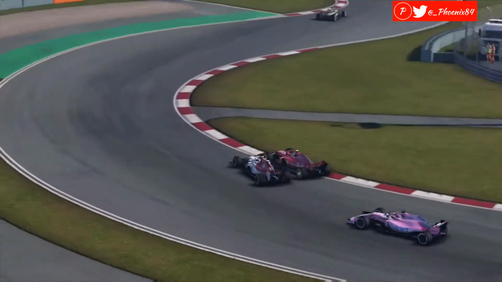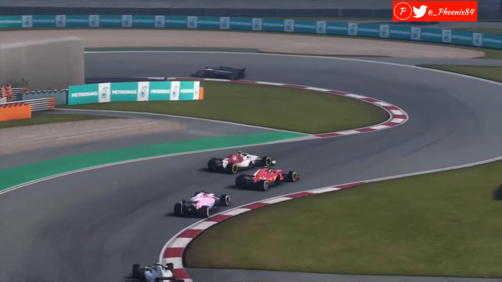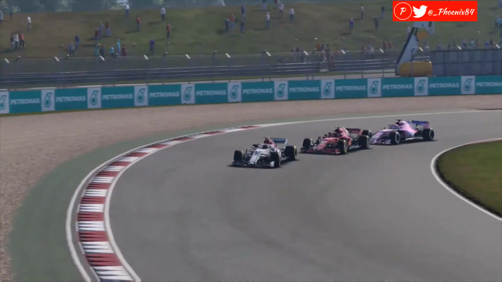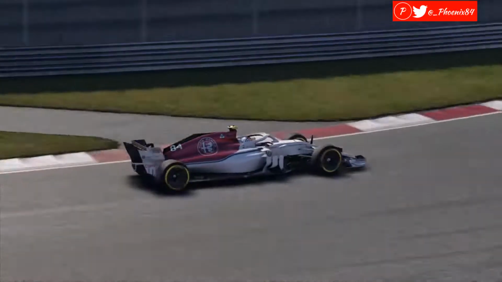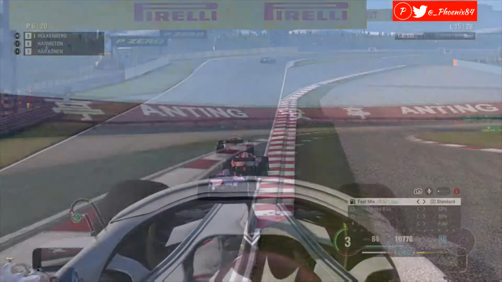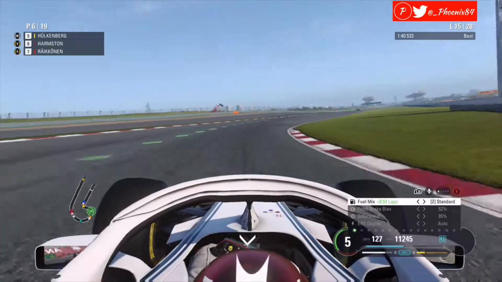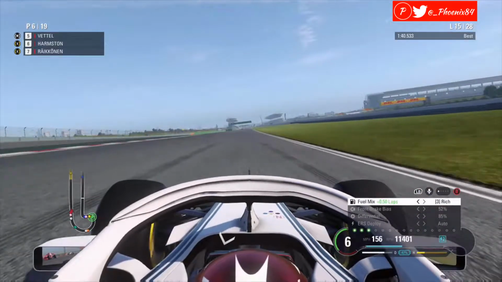And of course, the battle between ourselves and Raikkonen continues. This time, though, Raikkonen and ourselves bang wheels quite severely. A little bit of damage there on Raikkonen's car potentially. The paint on the Sauber is a little bit less white by this moment. This time we moved up into P6. We got lap 15 with,